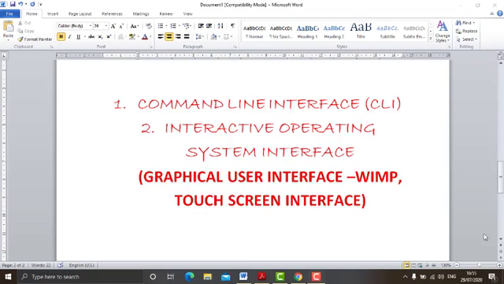Windows 10 can also be used as touchscreen if your system is touchscreen enabled. Android is there, iOS is there. You can use all these as a touchscreen interface only when your device has a touchscreen.